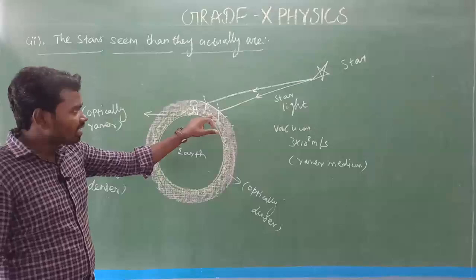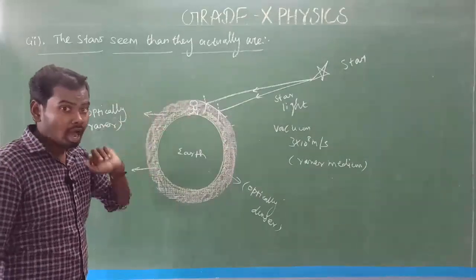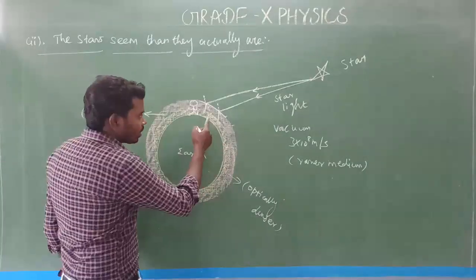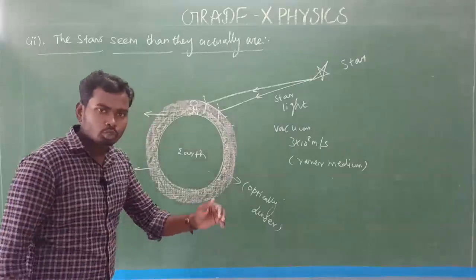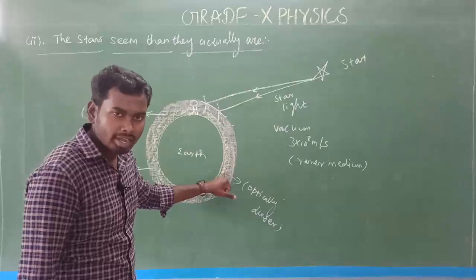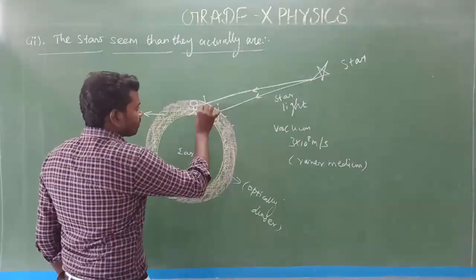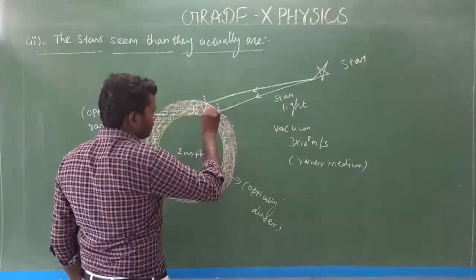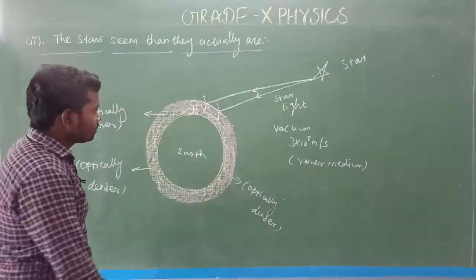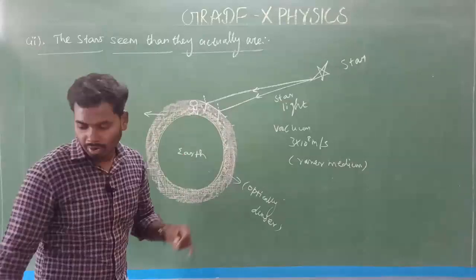So here the light first enters only the upper part. The bottom part is the optically denser medium. So the refracted ray again enters the second air layer. Am I right? The second air layer is an optically denser medium. So this is the point of incidence. Draw the normal like this. Is it clear? Yes. Very important point, look here.